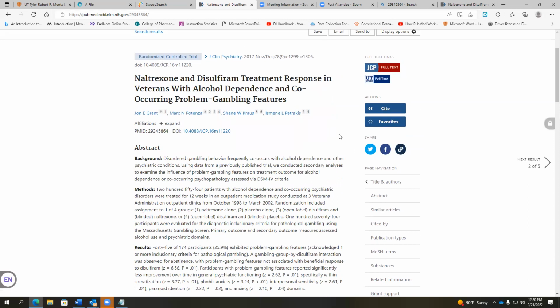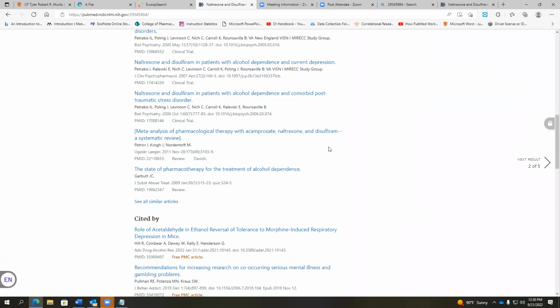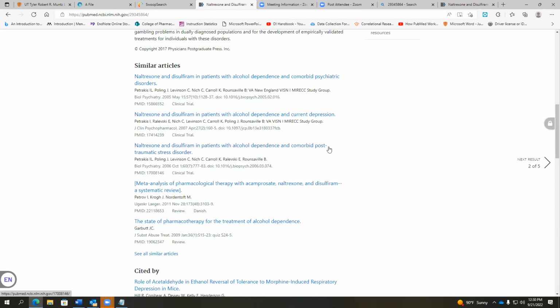relevant records. And one of them that I like to use, particularly when I'm stumped, is what I call exemplar searching. So if I've done a lot of searching and I can find at least one record in PubMed that is spot on or close to spot on what I'm looking for, what I will do is I will go into the detailed version of that record and I will look at their similar articles and I will look at their cited bys, okay? And what these particular bibliographies are doing,